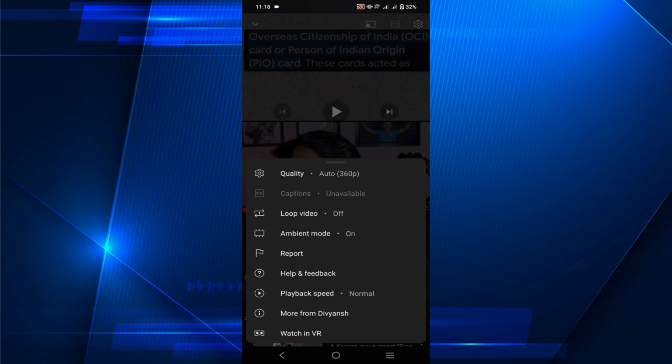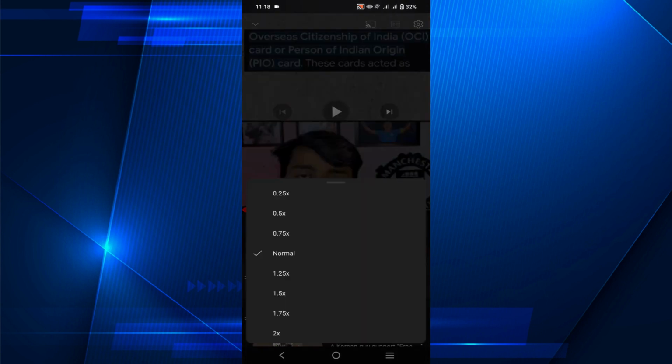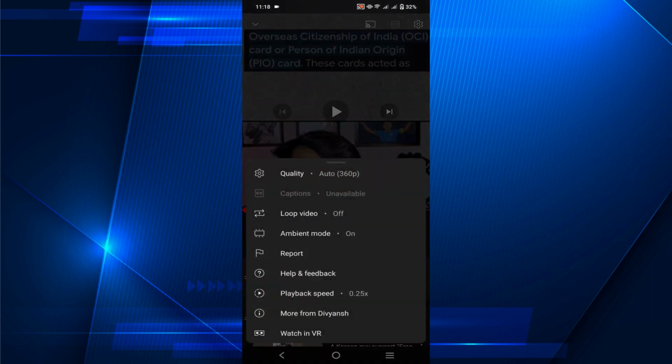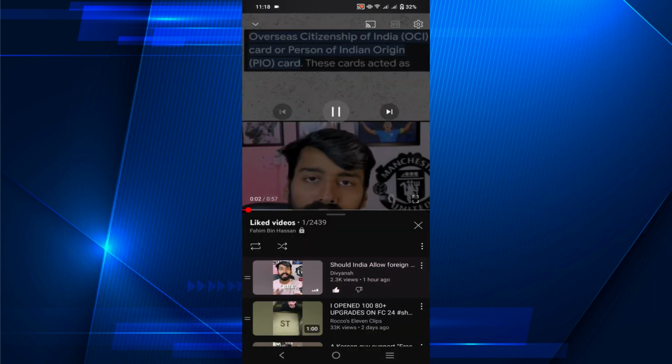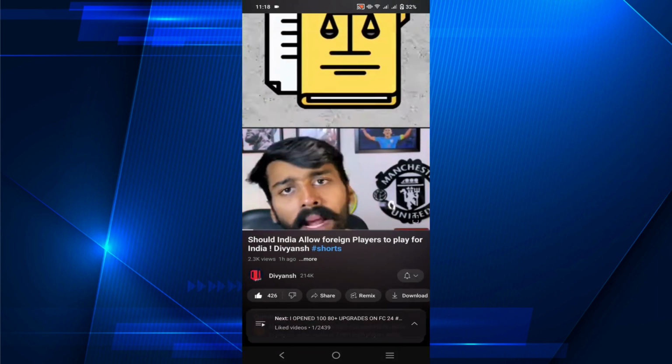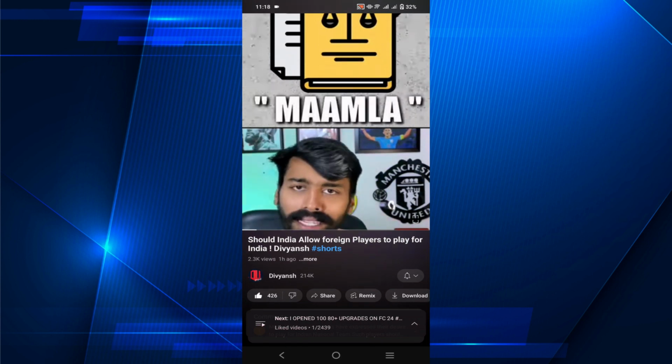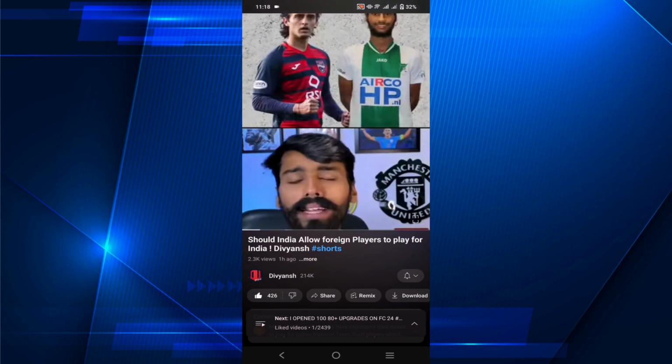sign. Just click that, and here you can see playback speed. Just click that option. You can slow it down to 0.25x. Also you can slow it down to 0.5x, and after that again play. As you can see, the short is now slowed down, and in this way you can slow down any shorts